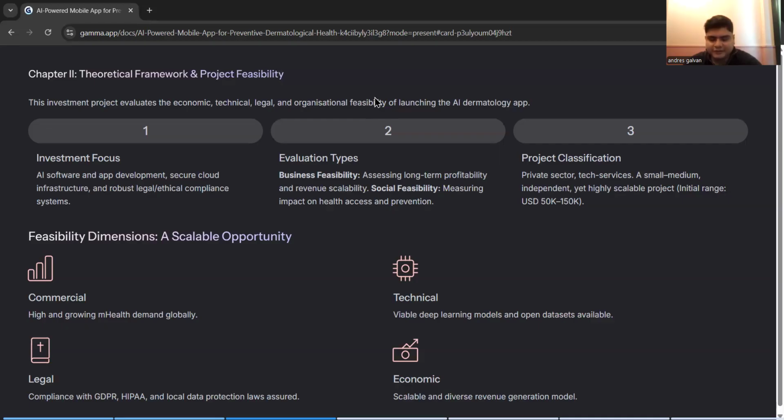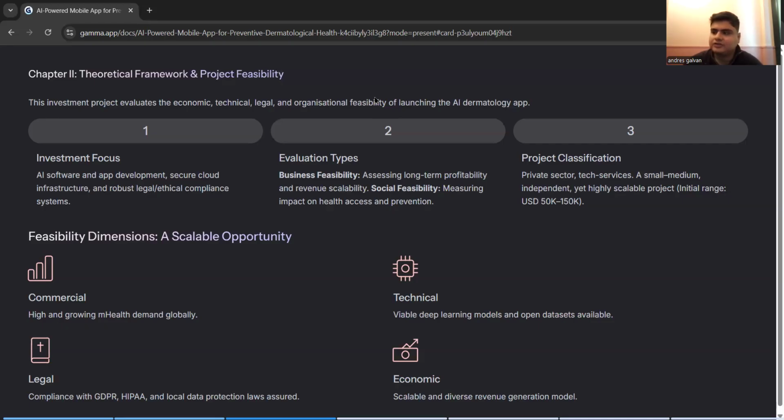And also now the private sector and the tech services, in the small and medium, but independent, yet costly project for the initial range, for example from 50K to 150K. This is, for example, the capital we make, all the resources that I was searching for, starting with the initial plan. We are not talking about that because that is specifically in our main document. So I would like to talk about that,